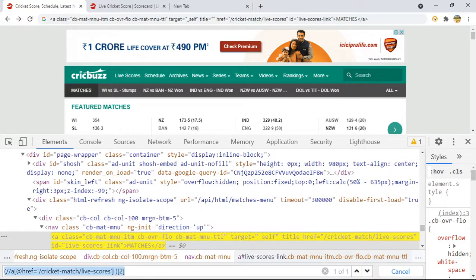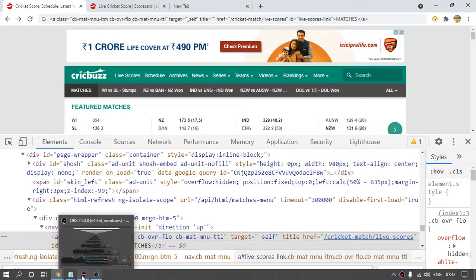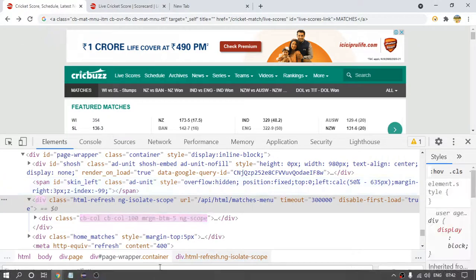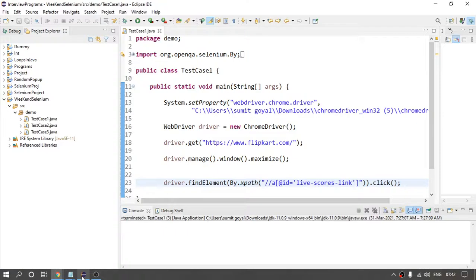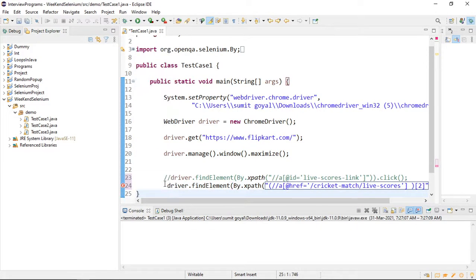Okay, so let me use this one now. If we try to click it, let me use href1, driver dot find element by dot XPath, and I will say dot click.